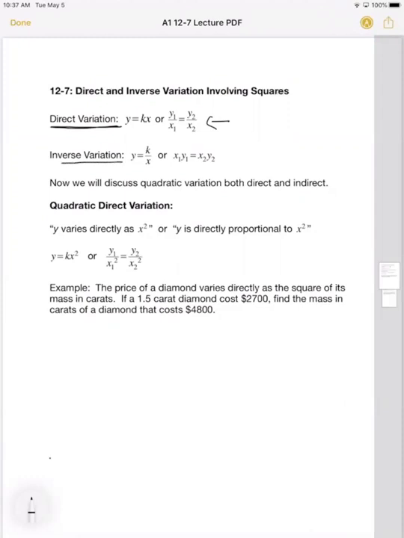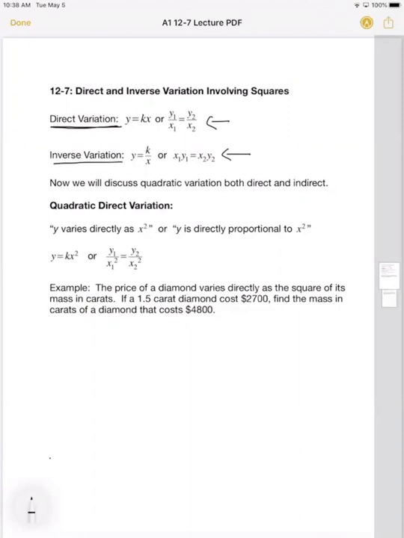Inverse variation, we move the x to the denominator, and y equals your k, your constant of proportionality, divided by x. Or if you've got a word problem here also, x sub 1, y sub 1 equals x sub 2, y sub 2. The product of x and y are always a constant,